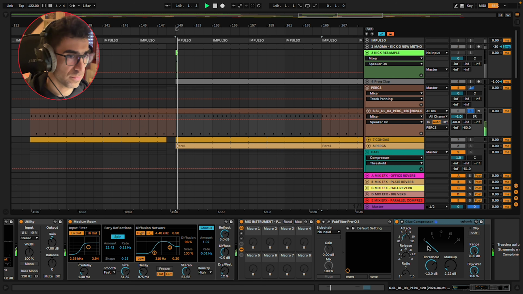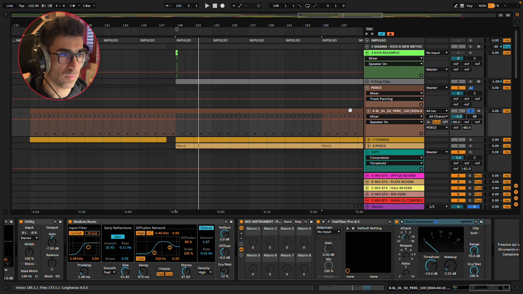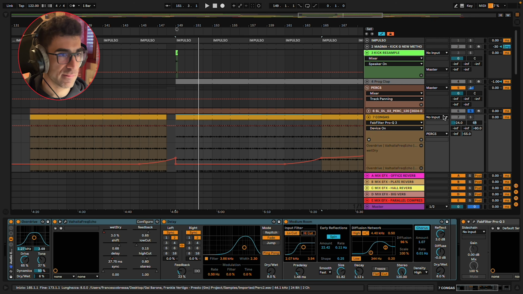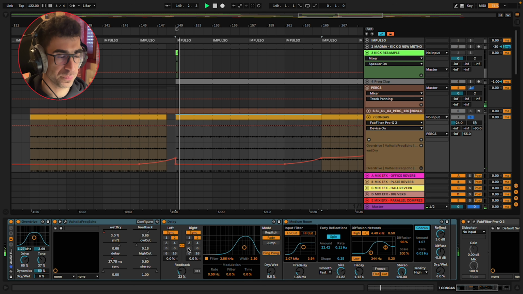Glue compressor, removing a bit of the attack, giving the whole sound a bit more body. Here the congas channel, together with all the rest.